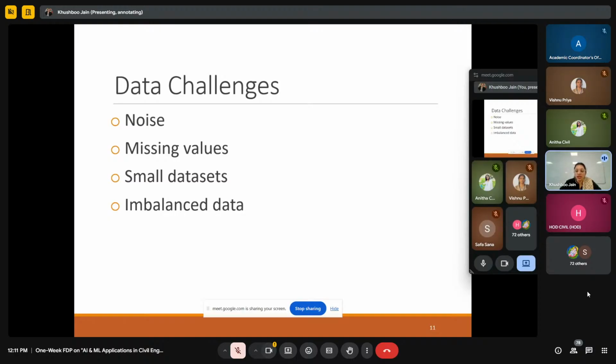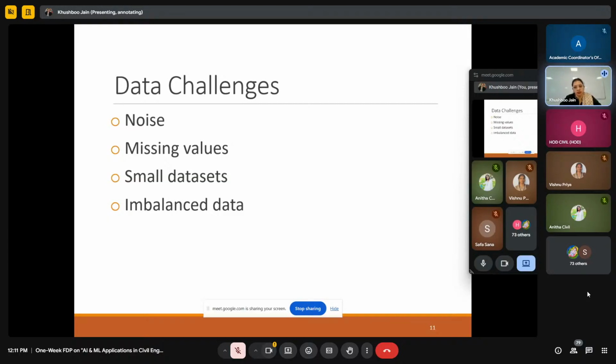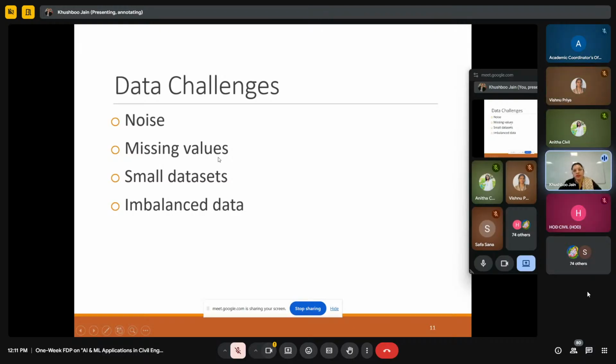So we need to check the data thoroughly, that all the values in every column are within the range. Okay. And there may be some missing values also. So we have different data analysis libraries in Python that are used to handle all these cases. Like if there are missing values in a particular column which consists of integers, then what we usually do